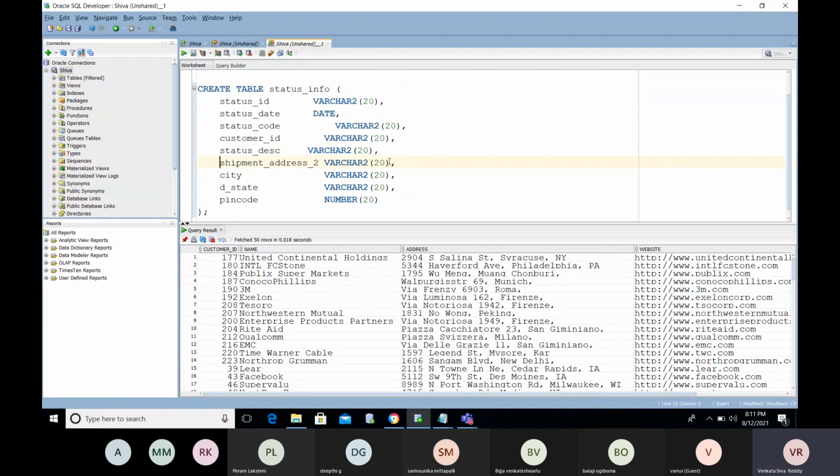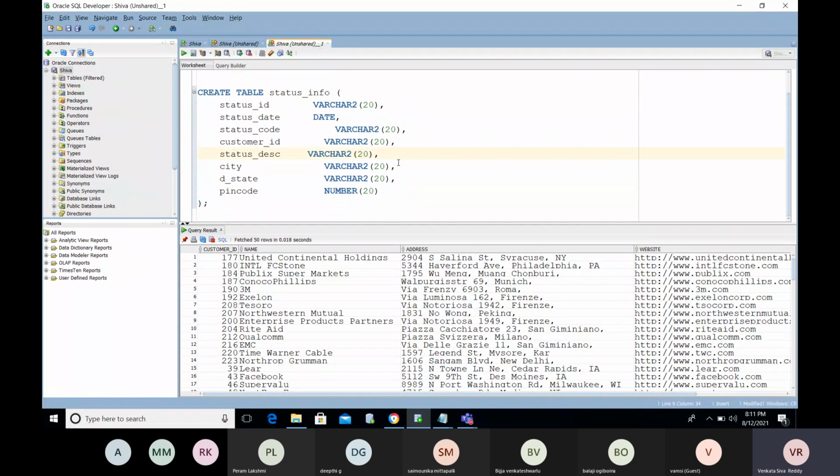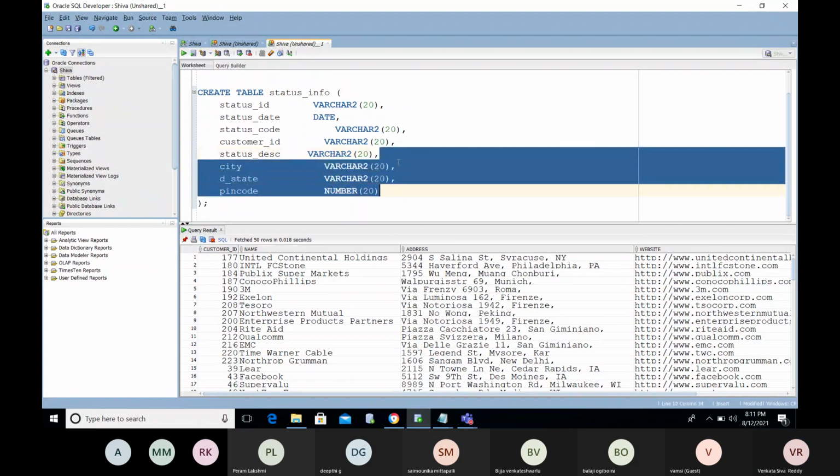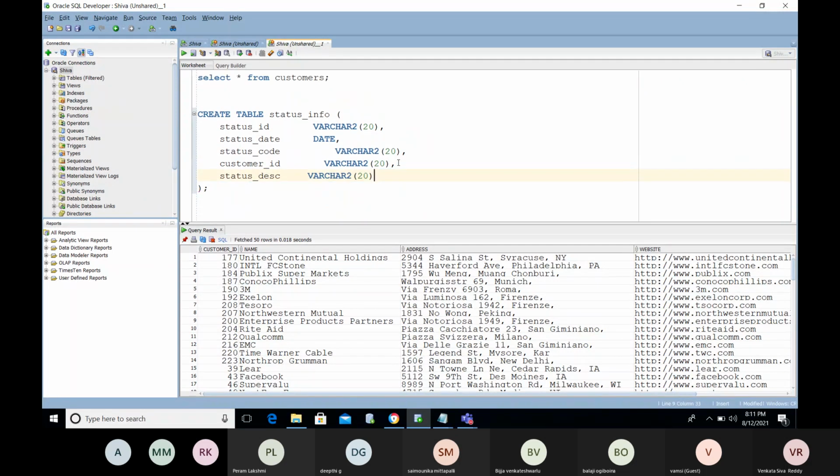Now we'll maintain the generation date, which is the status date only.